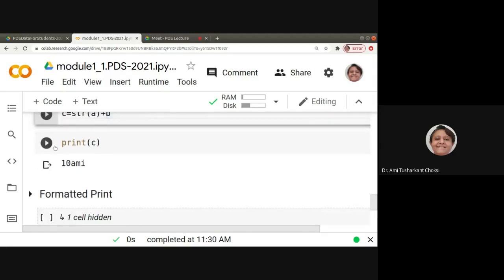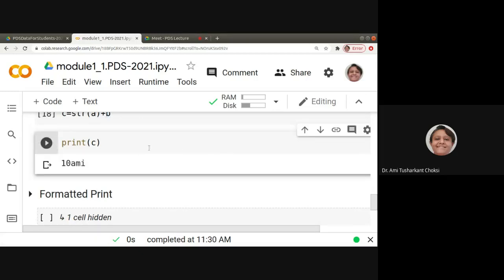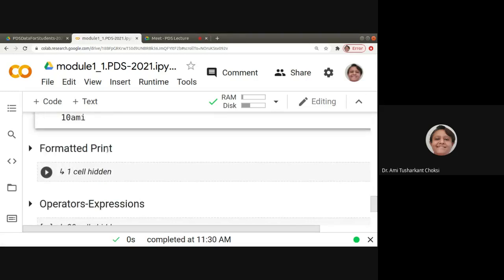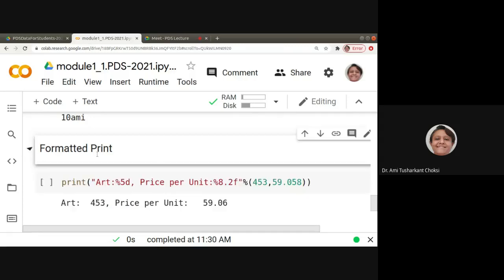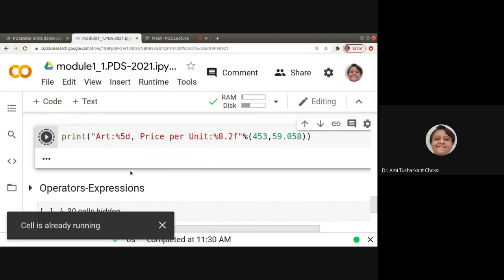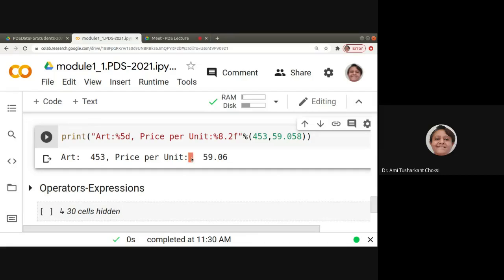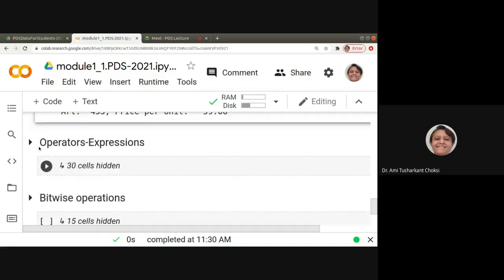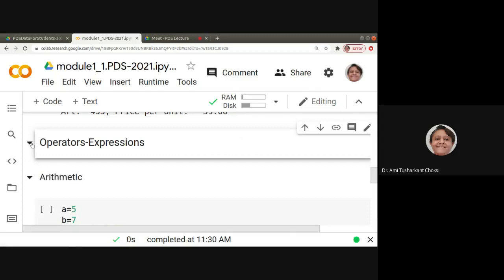Both should be in the same format to have the concatenation, or otherwise we can say addition, right? This formatting, whatever we have just now seen, let me run and show you the output. Okay, here you can see that, right? The space is being left, and then after we can see the other things. Fine. Okay, so now we want to know about the operators.